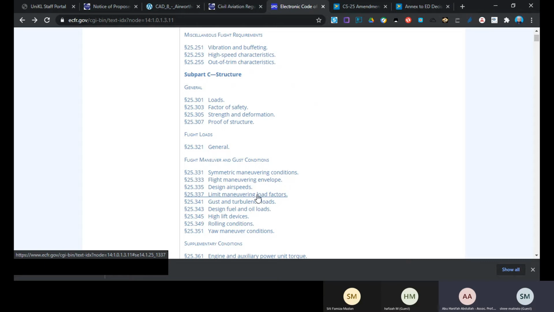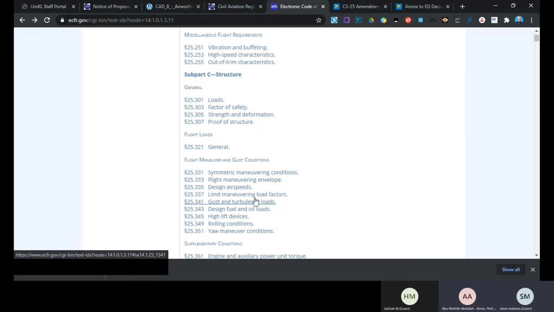This is a V-N diagram. Gust, so what will be the gust and turbulence? So there is a minimum gust and turbulence. Otherwise, if you are trying to design to the very high gust and turbulence, your aircraft will come very heavy. But if you minimize the gust and turbulence, you may lose the aircraft when the aircraft encounters turbulence. So you may have a case like the AirAsia over Indonesia. So that could be